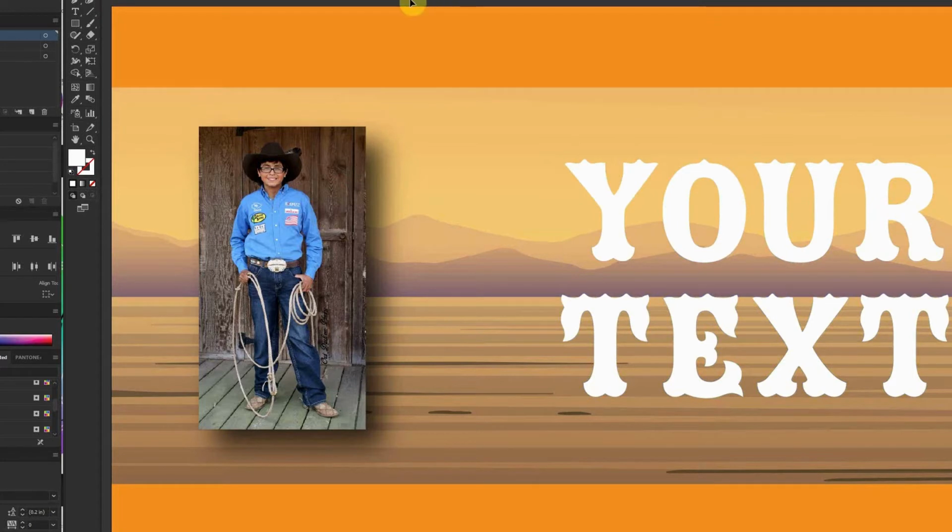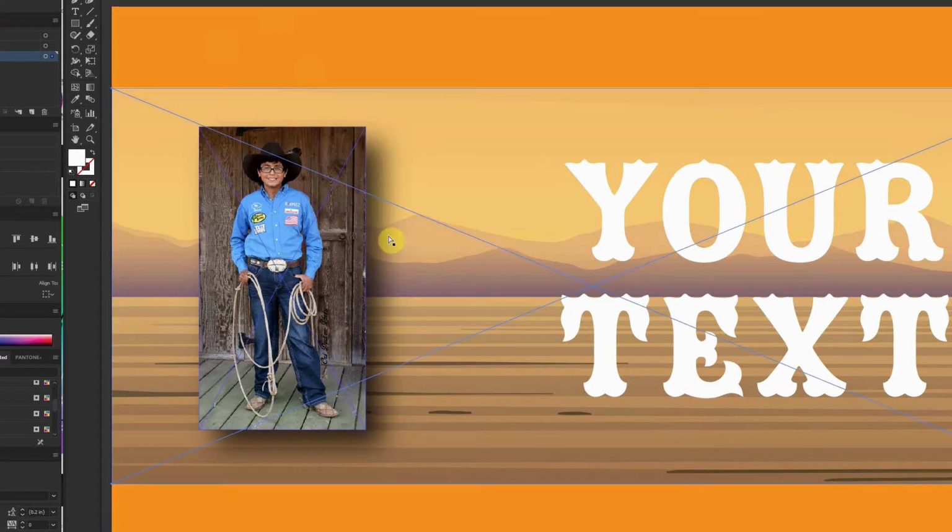Number 2 problem, embedded and linked files. This file has 3 embedded images, but we're going to deal with 2 of them very quickly. Right here we have the rodeo guy, and here we have this background image. This is a vectored AI file. This is just a JPEG. So you can, with a direct select tool, click right on that and it will bring up an embed